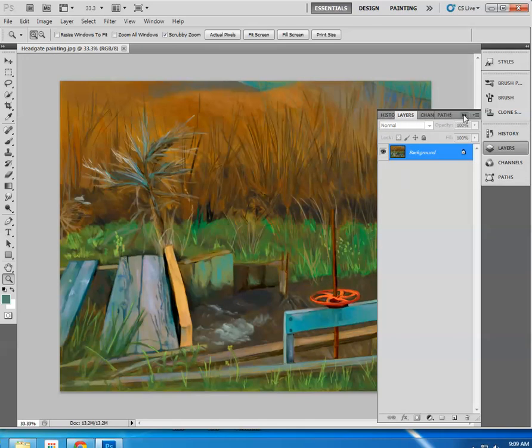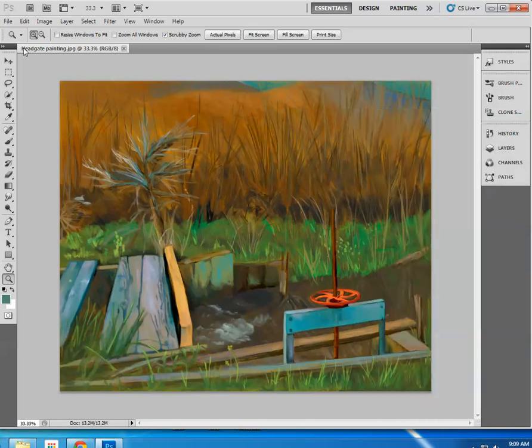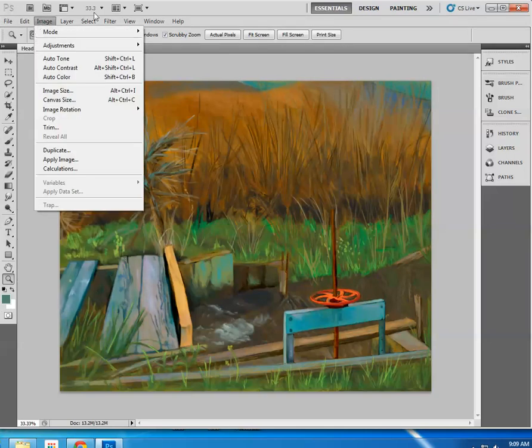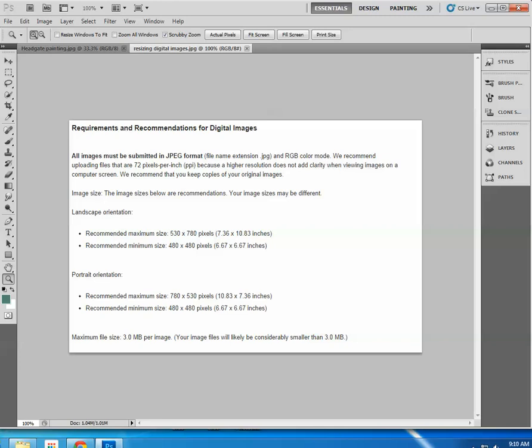Okay, so here I have my image open. I'm going to go to File, or sorry, excuse me. Okay, sorry, I was jumping ahead of myself there a little bit. Before we can resize the images, it'd be helpful for us to know what we want those images to be